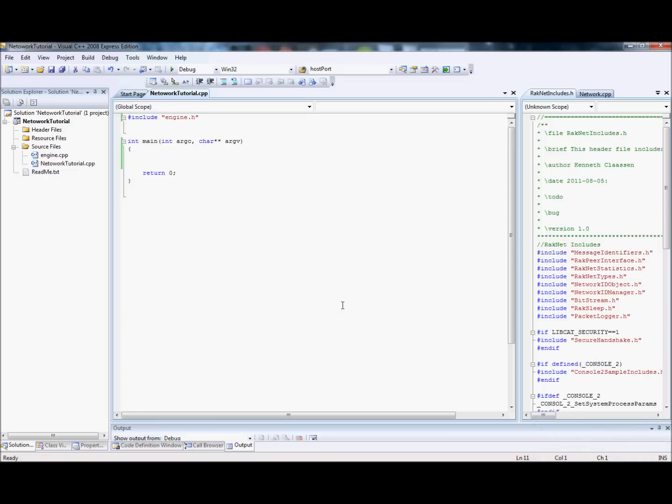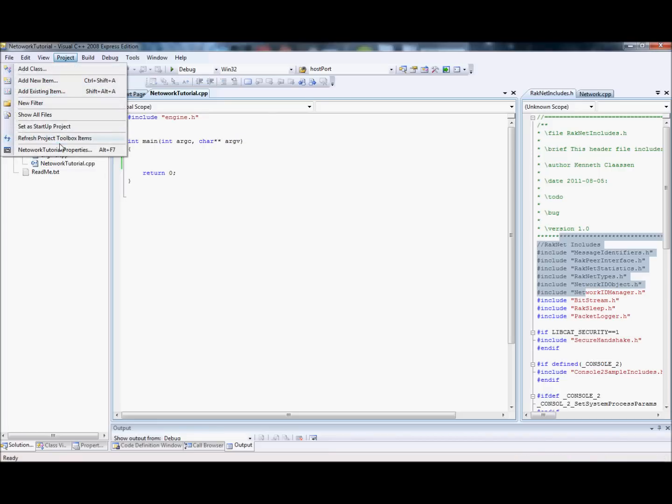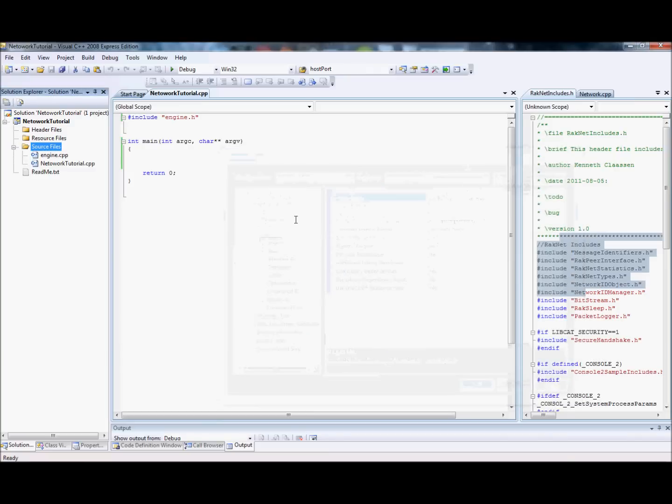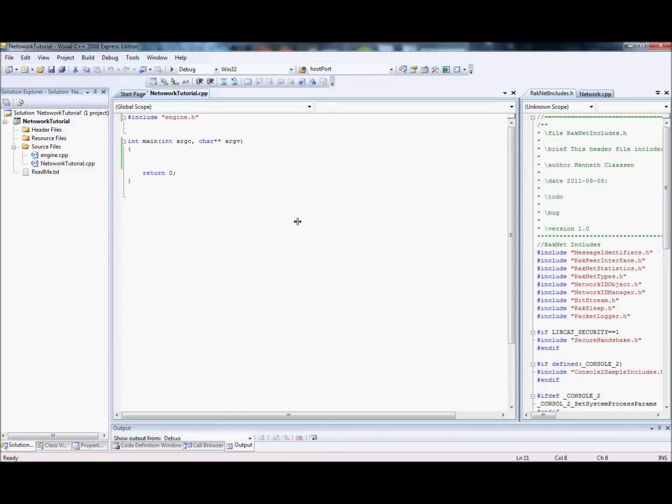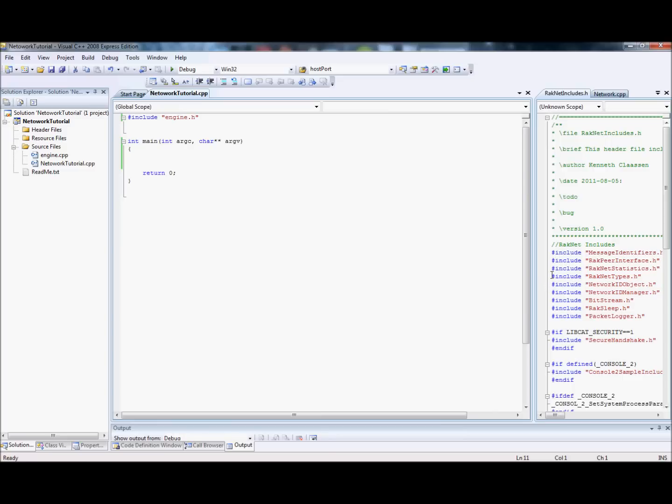Right, so we're starting off with our basic setup. I've already set up the engine into this and copied the DLL files and set up the properties. So I'll assume you've done that. Just ignore this on the left. That's just in case I get lost, because I forget things. Anyway, alright, so the first thing we have to do to set up the C++ to have RakNet